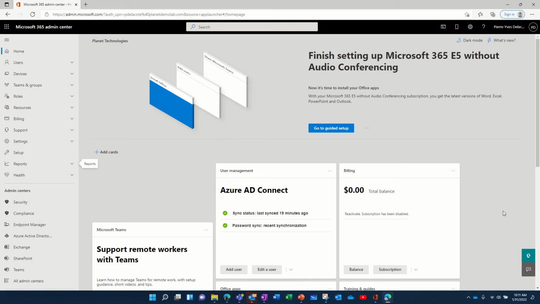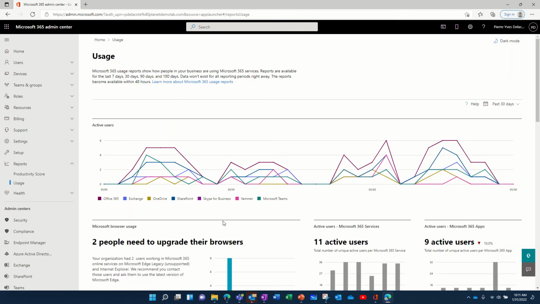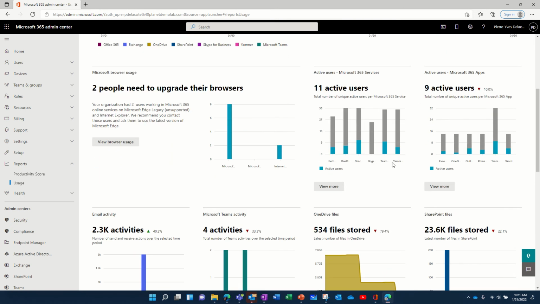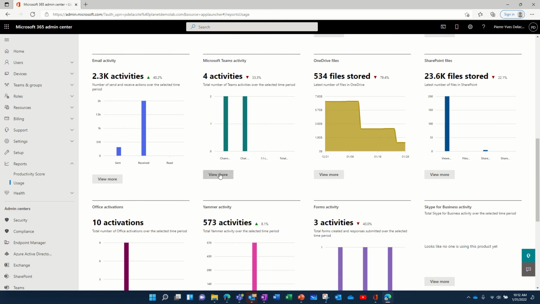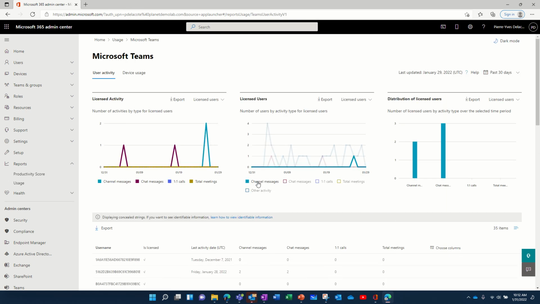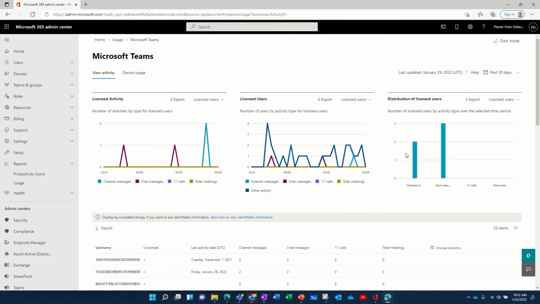So first of all, in the admin center, the admin has access to a set of reports here. Out of the box, there are usage reports available, where you can see how the tools are consumed, how many active users you have, how many emails, the Teams activity. You can drill down into each component and see what kind of information is provided. You can filter between